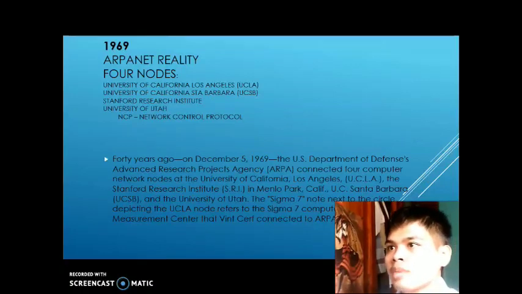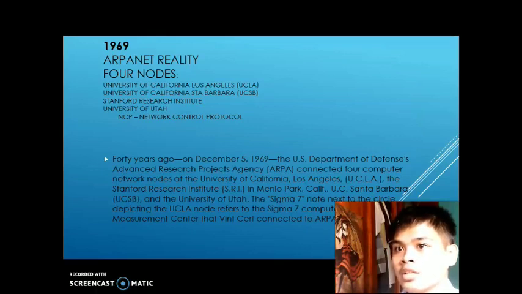In 1969, ARPANET became reality with four nodes: University of California, Los Angeles, or UCLA; University of California, Santa Barbara, or UCSB; Stanford Research Institute; and the University of Utah. NCP, Network Control Protocol. Forty years ago, on December 5, 1969, the U.S. Defense Advanced Research Project Agency